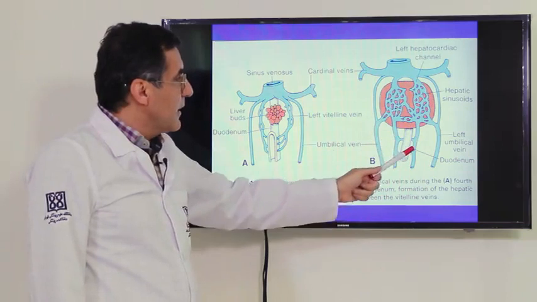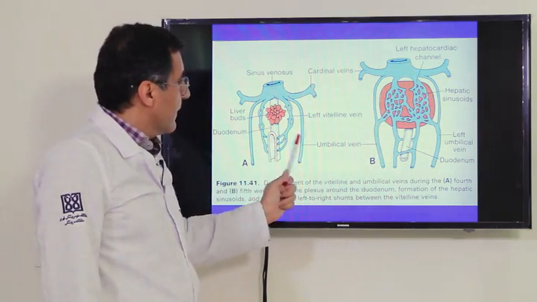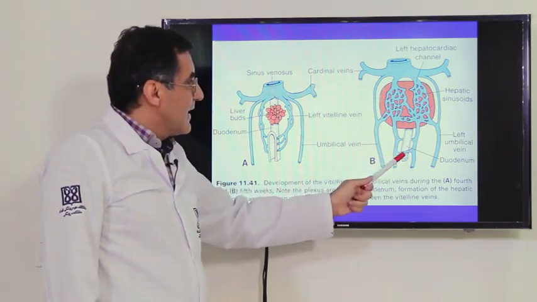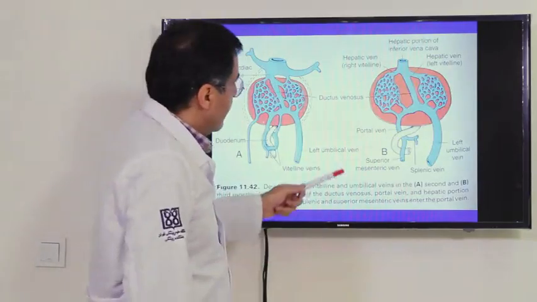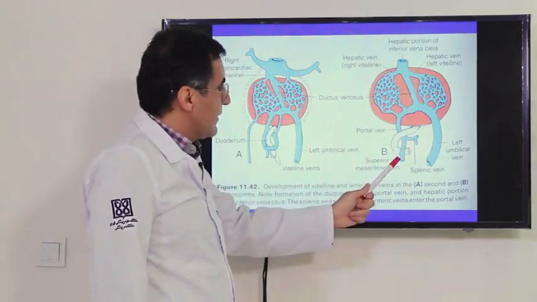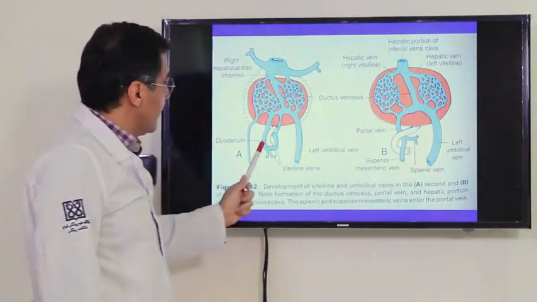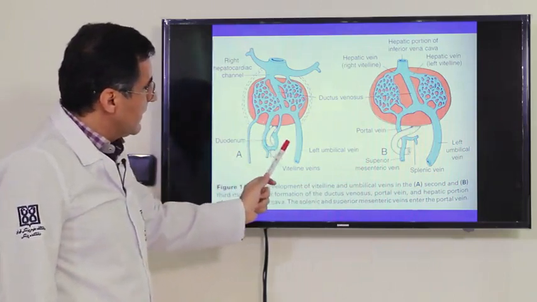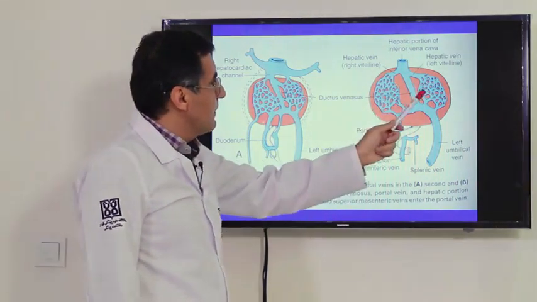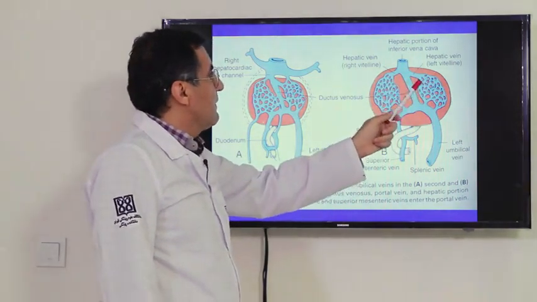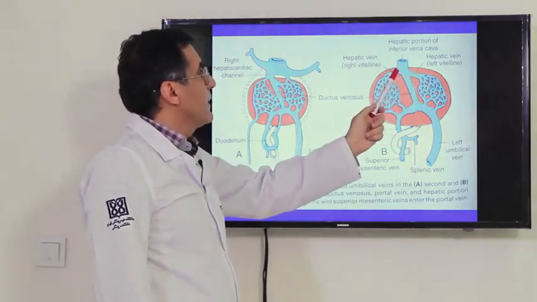And here, the communication between the right and left vitelline veins makes the portal system, as I drew for you. Finally, you can see here the superior mesenteric, portal vein, splenic, and inferior mesenteric veins. After the formation, you can see the liver sinusoids, and finally drainage of the liver takes place by two vitelline veins